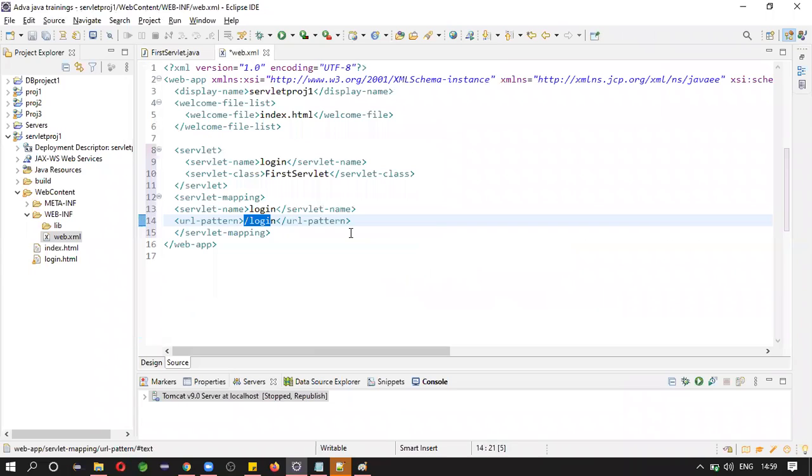So this is how we can register a servlet. Let us save this. Up to this, clear everyone?